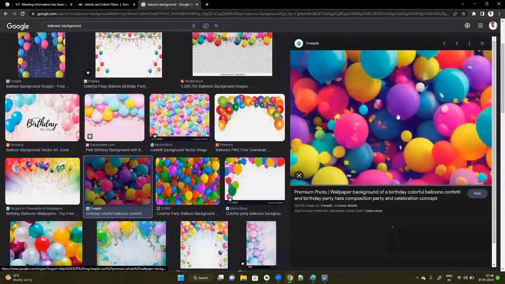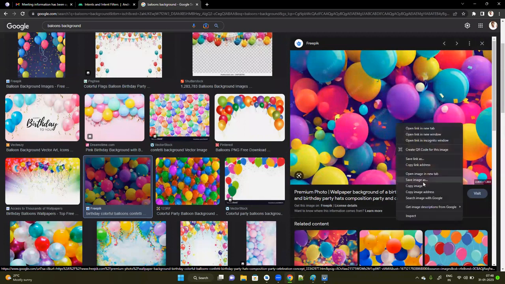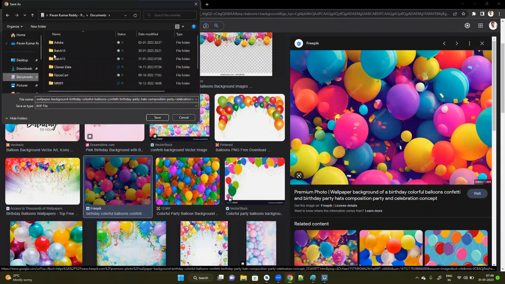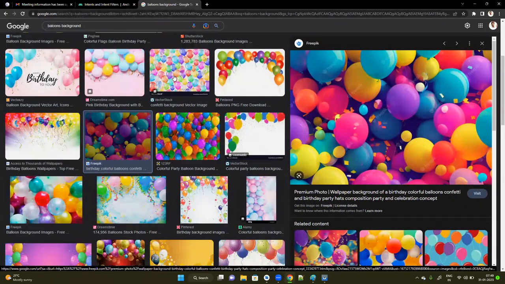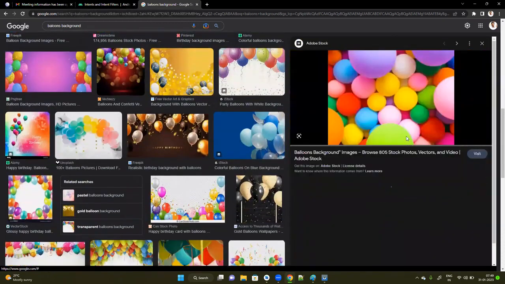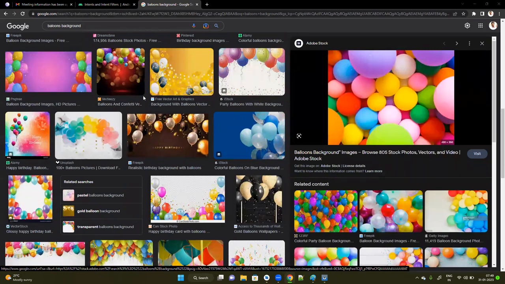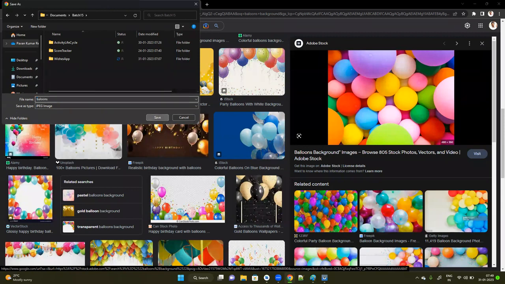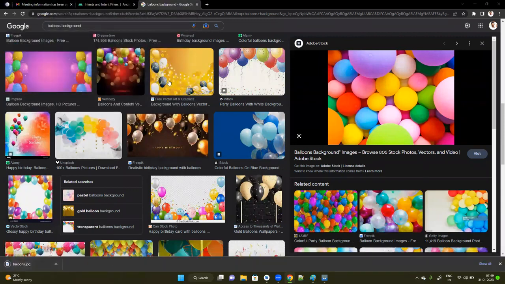This is nice, right? This is an AVIF file which I don't like. No, too much of color. This is good. Save image. What do we call it? Balloon. Save. You can actually open the folder,